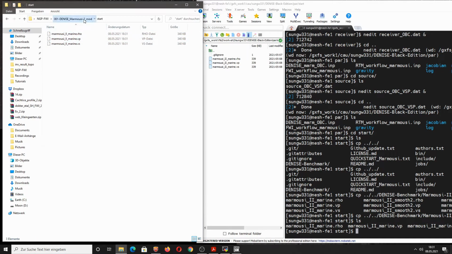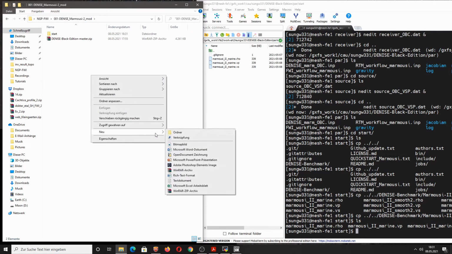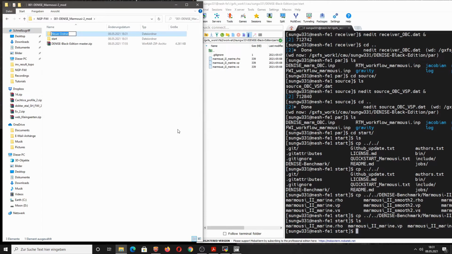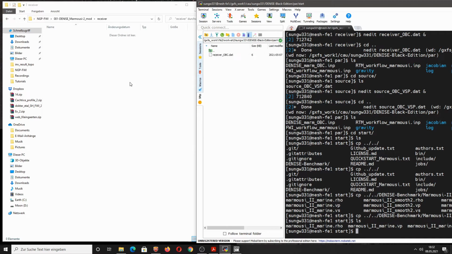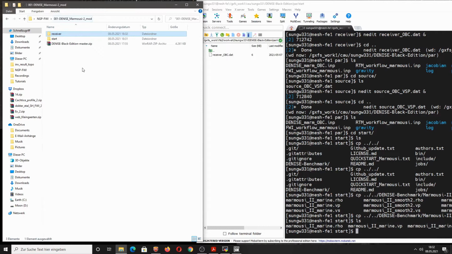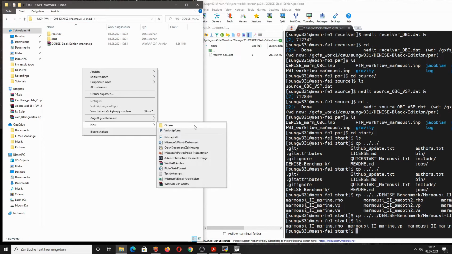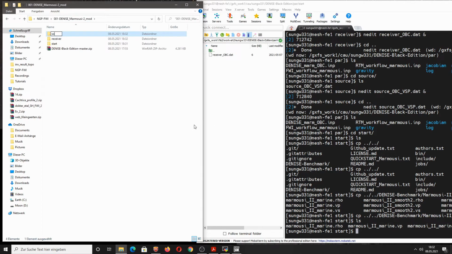Okay. Then we also have to store the receiver positions. So I copy the receiver file from the receiver directory here, receiver_OBC. Then I also store my source positions.